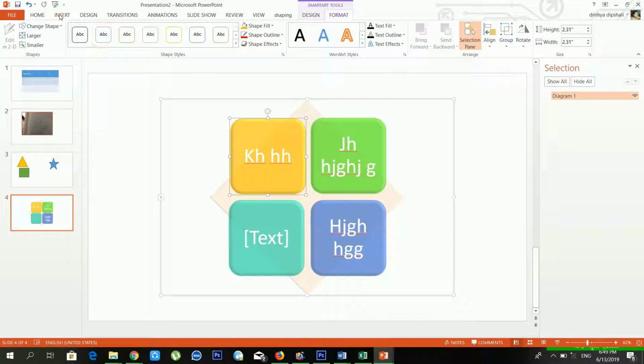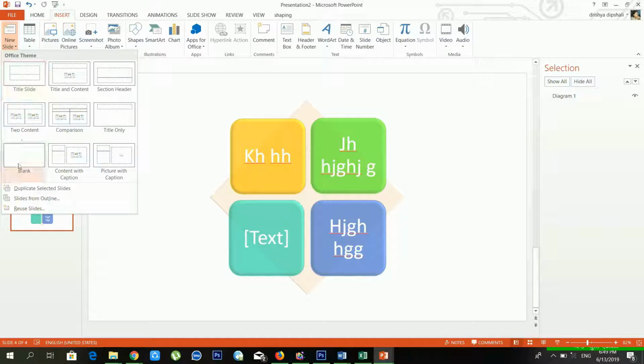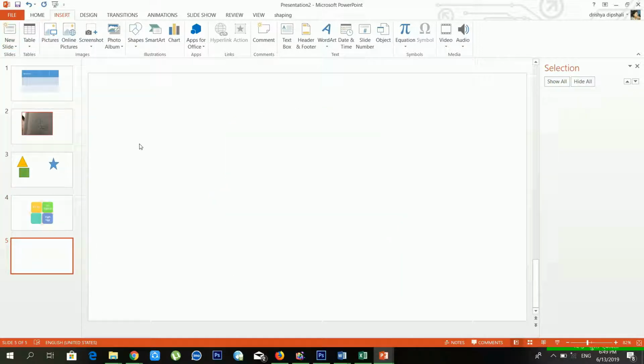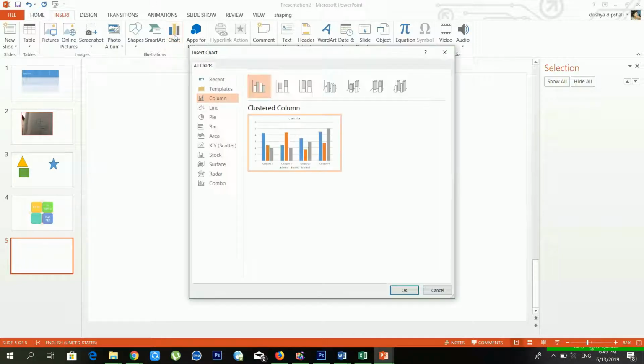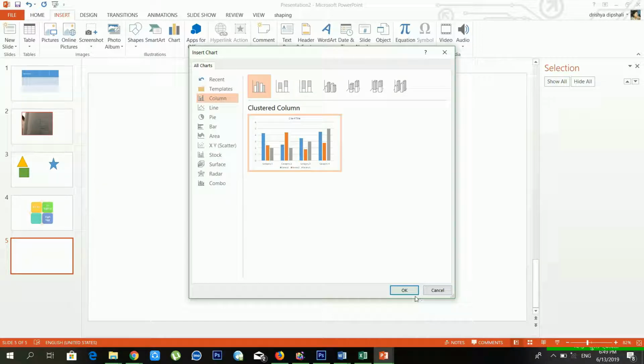So let's move on. For the chart also I'm creating a new slide. Now you can see there is a chart option available. From the chart you can use a chart also. There are lots of chart types available. You can use column chart, line chart, pie chart, bar chart, area chart, and lots of chart types available. But now I'm using column chart, so I'm choosing this one and clicking